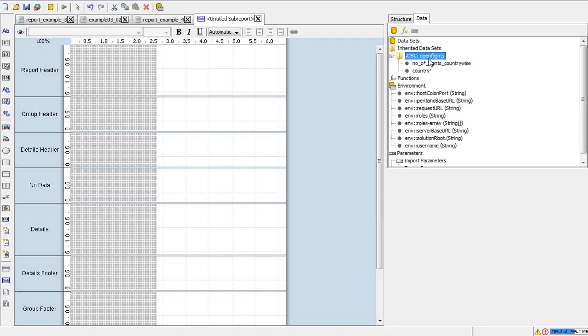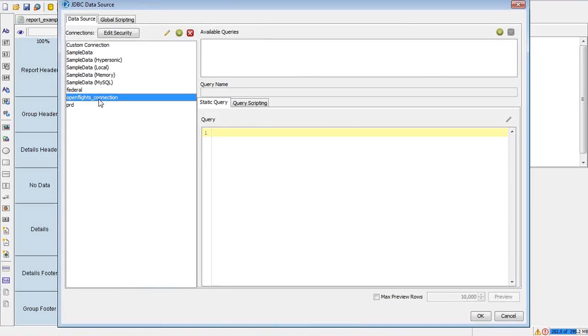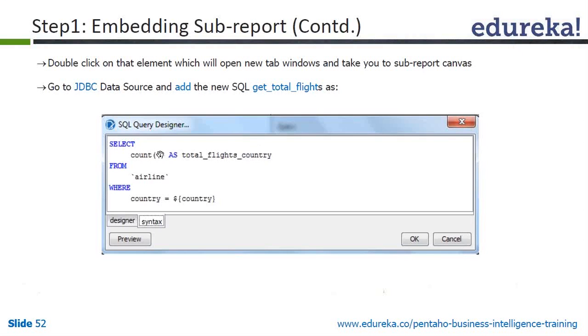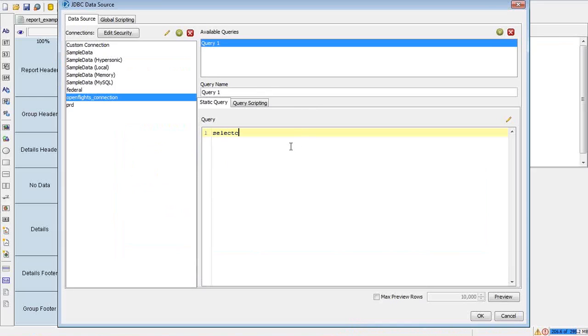So these are inherited, so you'll have to go from here only. Select Open Flights connection, which we're using. Click on New, which will add Query 1. Then this is the query: select count star as total flights. So you just need count, from airline